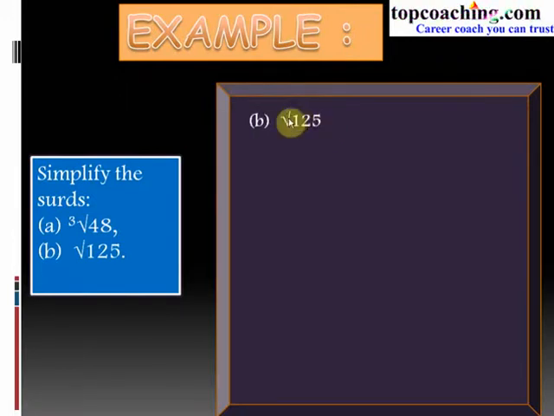The second part is under root of 125. Now again we have to express this pure surd in terms of a mixed surd. Now we also know that 125 is equal to 5 cube. Now 5 cube can be written as 5 square into 5, because we have to find out the square root. So we are expressing this prime factor in multiples of 2. So under root of 125 would be equal to, we take out the square root of this number into the square root of 5. So this would be equal to 5 into root 5. So under root of 125 is equal to 5 root 5. So we have expressed this pure surd as a mixed surd.